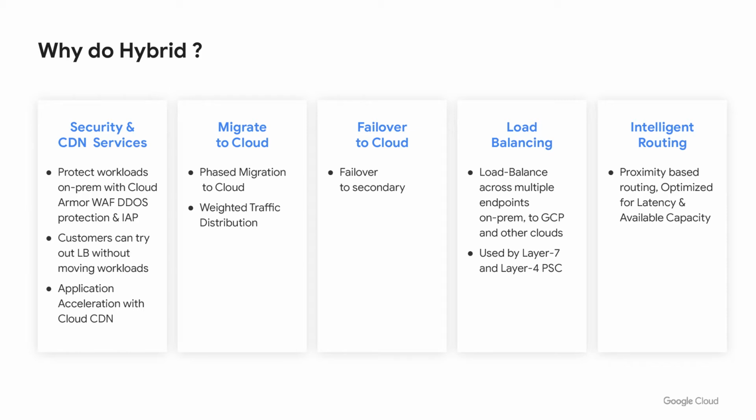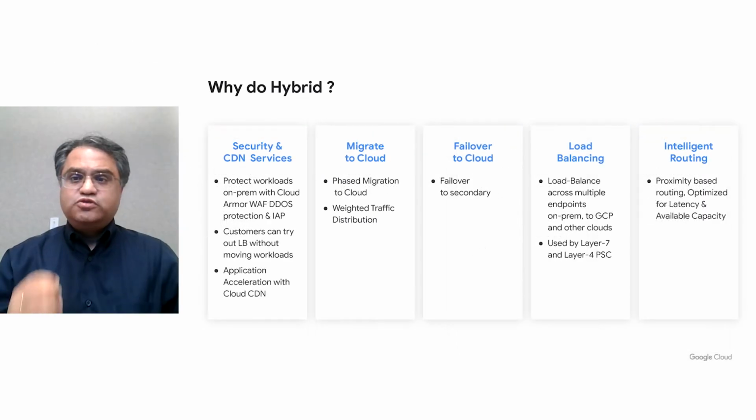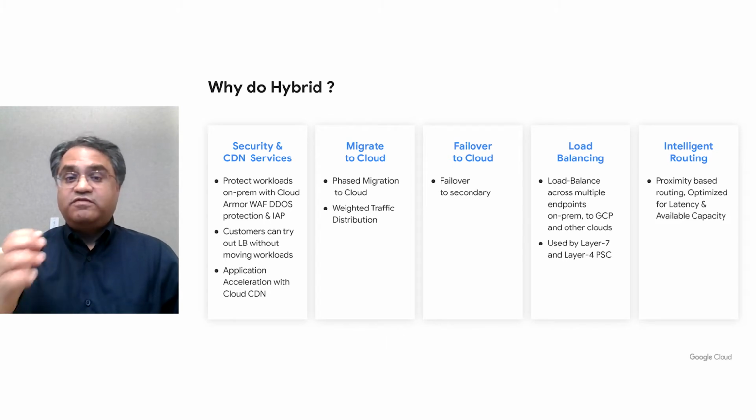And you have customers that wish to intelligently route their traffic to the closest serving region. This serving region could be a GCP region, it could be on prem, or even other clouds. And they wish to do so in a resilient fashion, taking into account the availability and capacity of the backends. But without much further ado, let me invite Anton to share how Twitter is leveraging this hybrid paradigm to meet its business requirements.